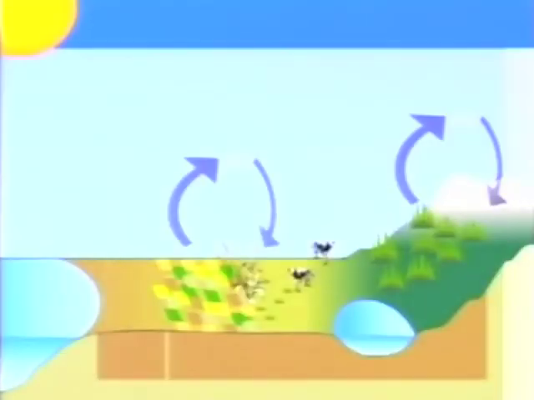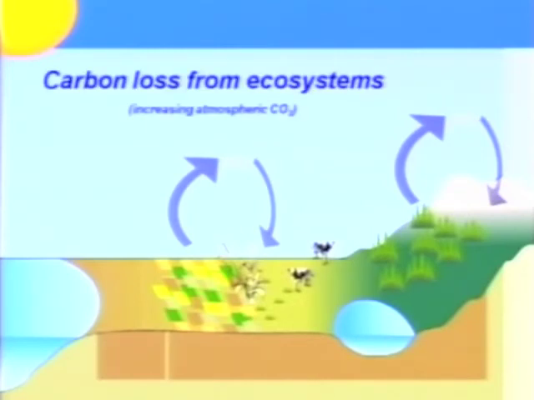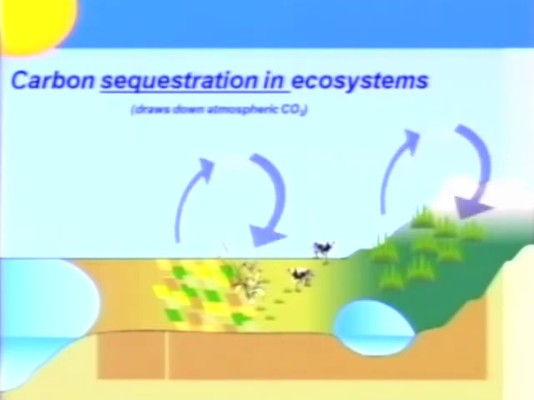And so what's happening in these systems, and this has happened historically in the developed world. It's happening more now in the developing world. And in some of the developed world, it's actually reverted. But what's happened historically is that we've converted the land to agricultural lands or grasslands. We've cut down forests and harvested wood. And essentially what we've done from an atmospheric perspective is that we've increased the release of CO2 from the systems and decreased the uptake. And the net effect is an increase in CO2 in the atmosphere. So that's carbon loss from the ecosystems and an increase in the atmospheric carbon dioxide.